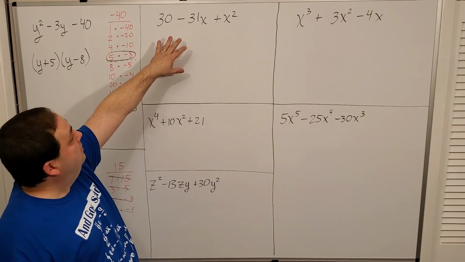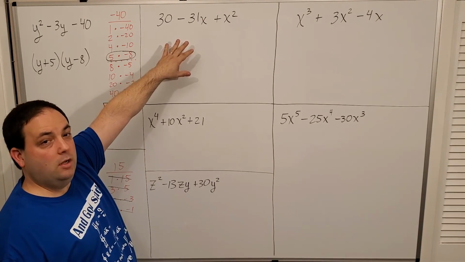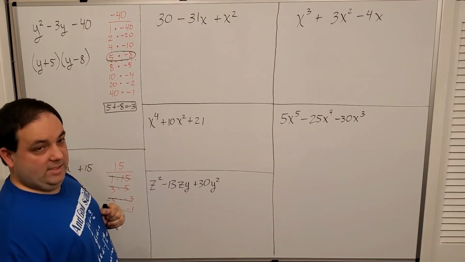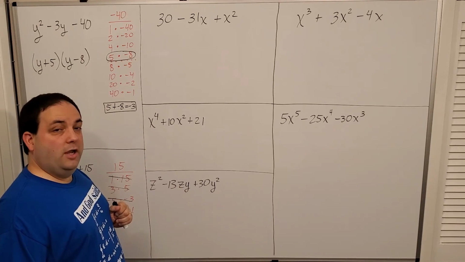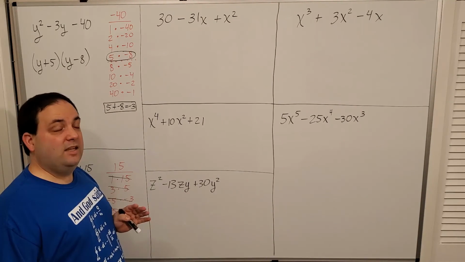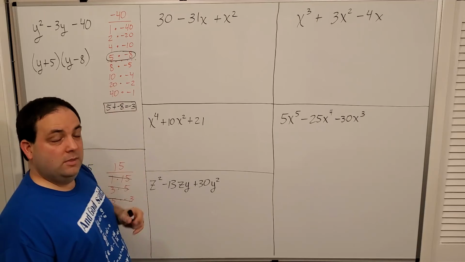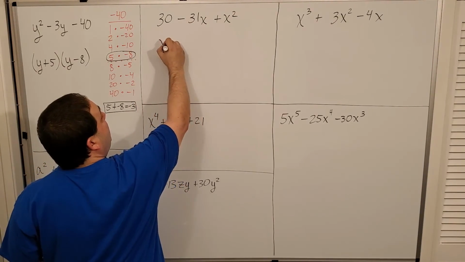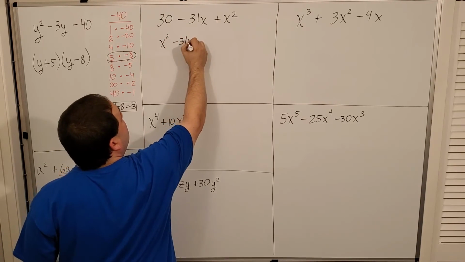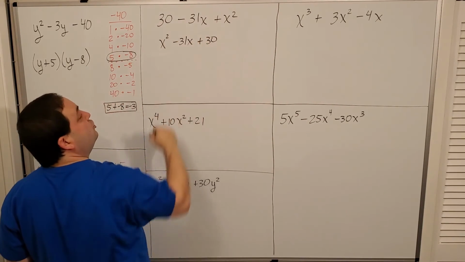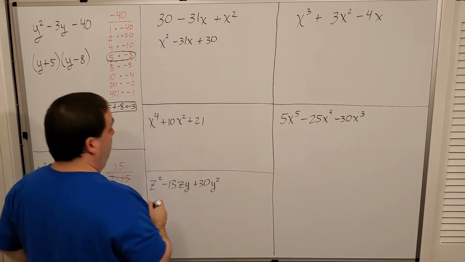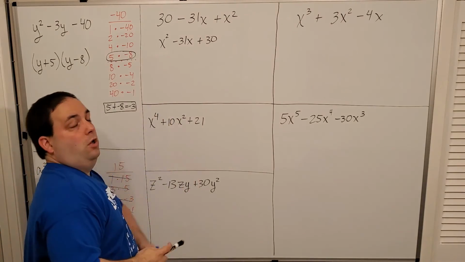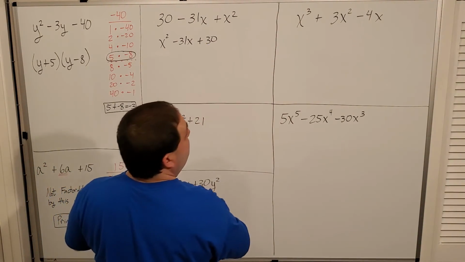What's wrong with this one? 30 minus 31x plus x squared. Well, the things are all jumbled around, right? Word of advice. Whenever you're doing these trinomials, always have them in descending order. Have the highest power in front and make sure that you get your typing right. So x squared minus 31x plus 30 is the way this one should be written. Okay? Then I can look at it, oh look, there's a 1 in front, right? It's a type 1, and I can see, oh, I'm going to attack the constant term on the end,